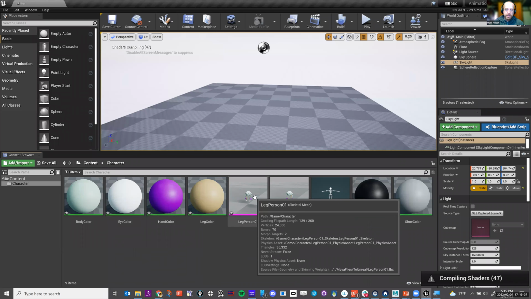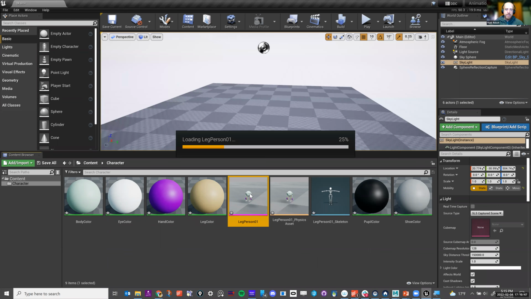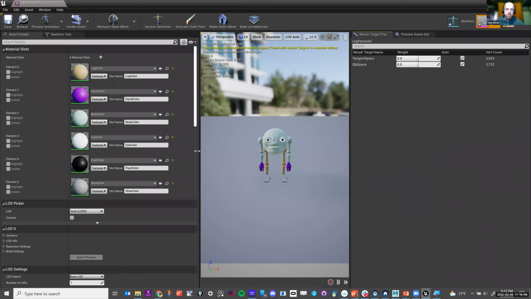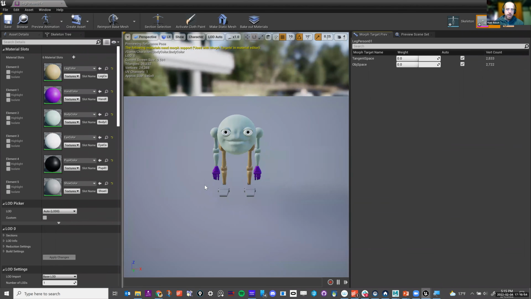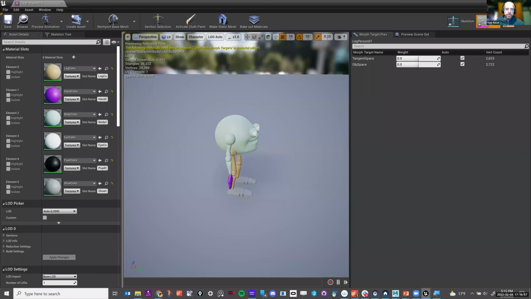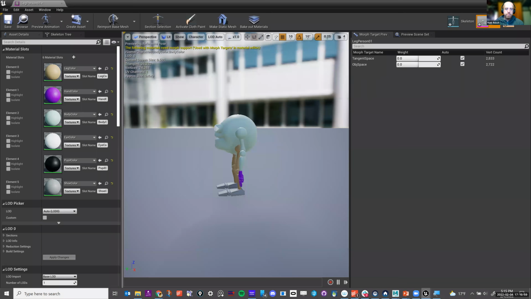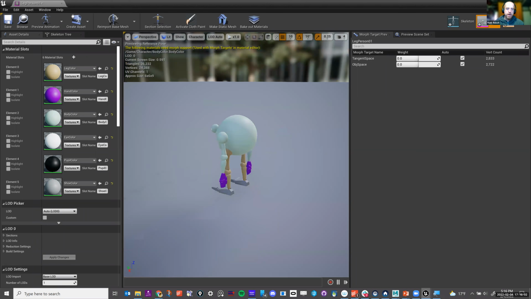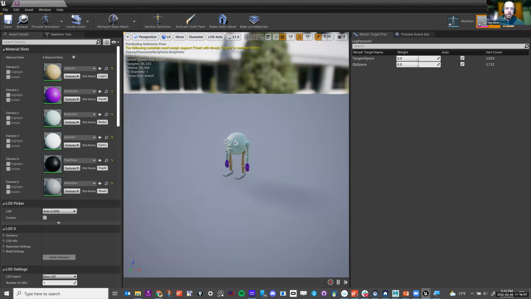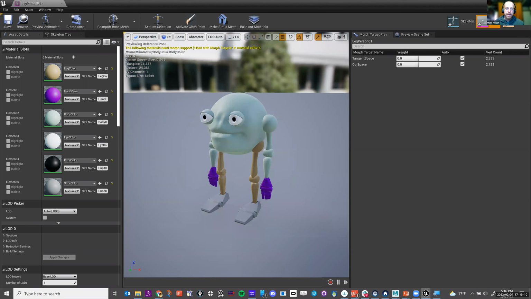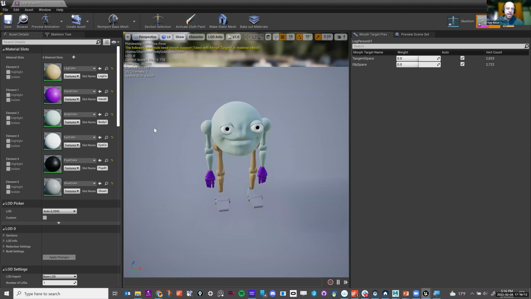You do have this skeletal mesh. This skeletal mesh is essentially the geometry, just the geometry, nothing else. If I double click on this, it will open up this window that will show me the character, and I can hold Alt and left mouse click and zoom in on it. I can get kind of close to it, but again, it's kind of small because I didn't change the scaling.